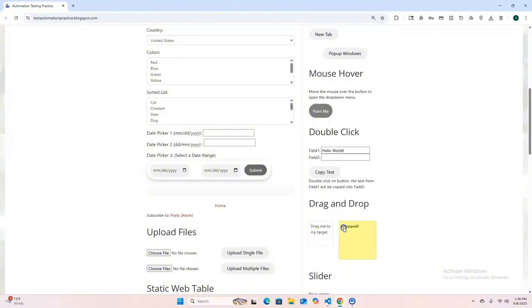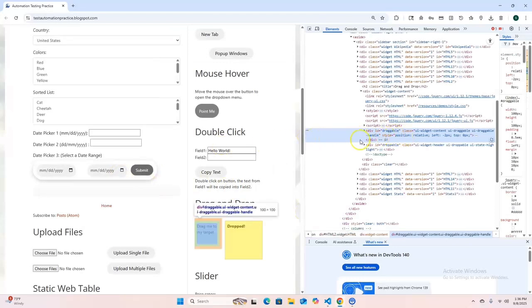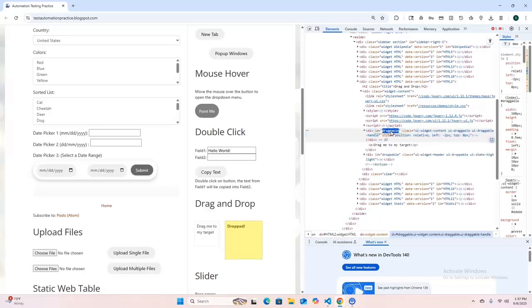So right click, and you can see here, if I put my cursor here, you can see the blue color. That means it's selected. It is the correct one. So I can see here this is a div, the ID is draggable, and the class is this. So let me quickly select the ID, because if you have an ID, that means